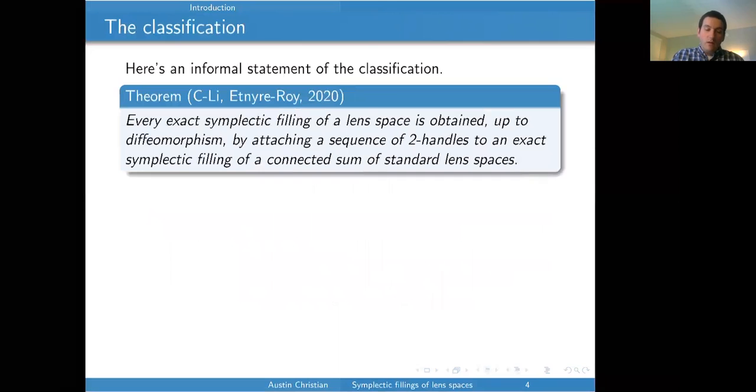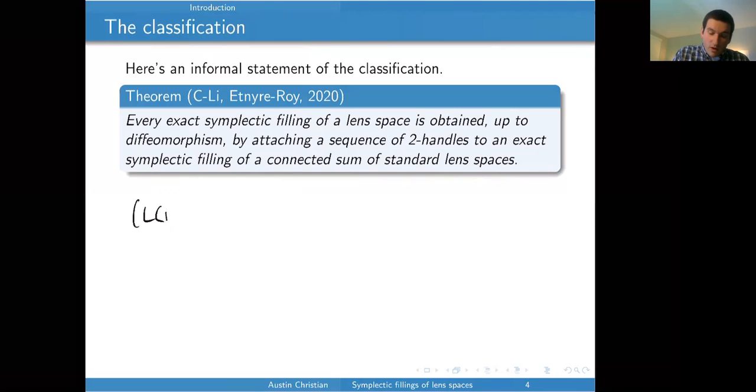So we can give an informal statement of the classification, and to be clear, I'm using this adjective informal. This is the only statement I think we're going to give. It's not going to get more precise in this talk. We'll say that every exact symplectic filling of a lens space can be obtained by starting with an exact filling of a connected sum of lens spaces and attaching 2-handles. So this is maybe not the prettiest way to say the thing,